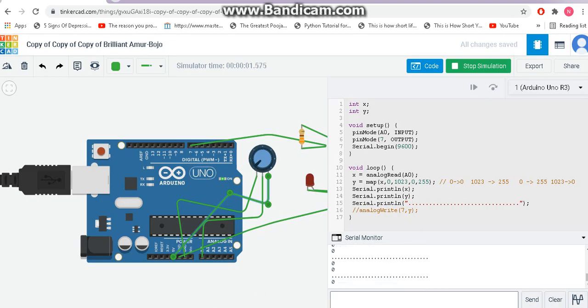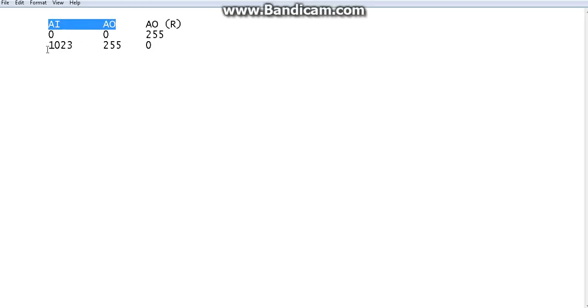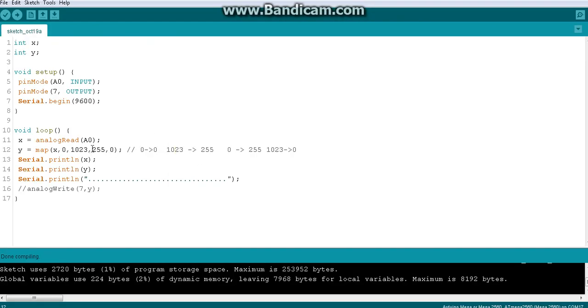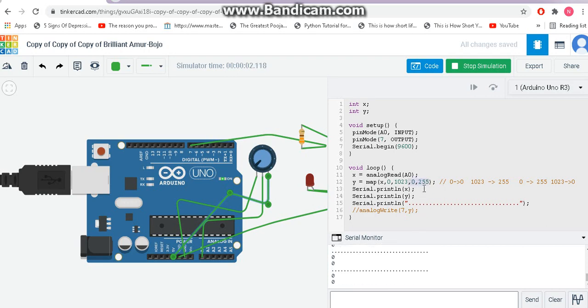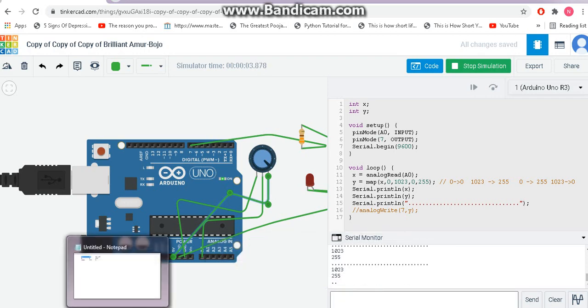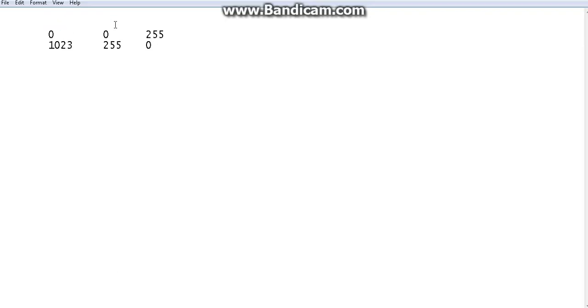So now if you are increasing the input, we are in the normal mapping, 0 to 255, the proper way, the way we saw first. Now when you are increasing the analog input, the analog output is also increasing. See, both are increasing. And when the analog input is at the maximum 1023, the analog output is 255. This scenario we saw earlier. I'm just showing it to compare. So 1023 input, 255 output, because for 0 it was 0, for 1023 it was 255.